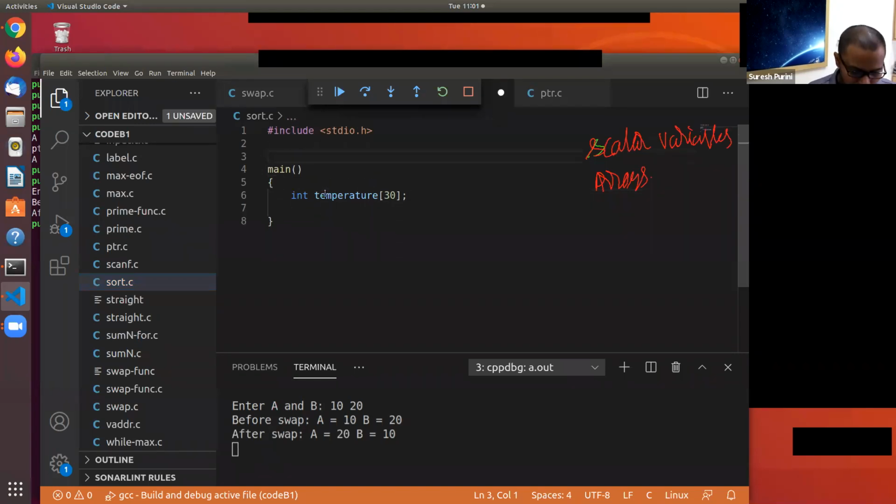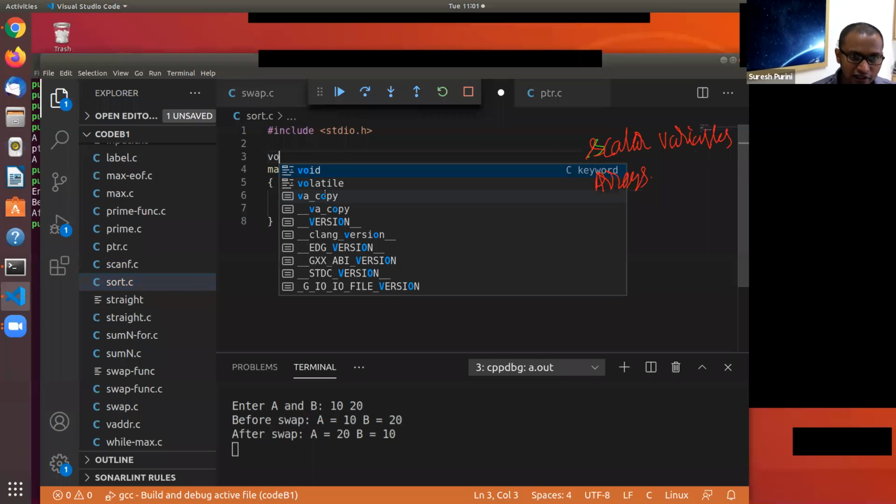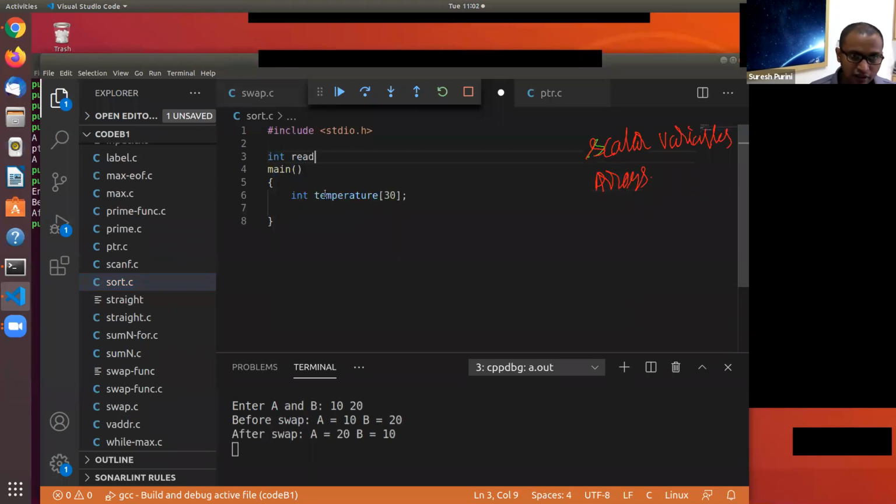So we write a function called int read temperatures. To make it easy, I'll just say array, so that I don't need to type a lot. But you can imagine that this array could contain the population of different cities, or the temperatures in different cities, and so on.